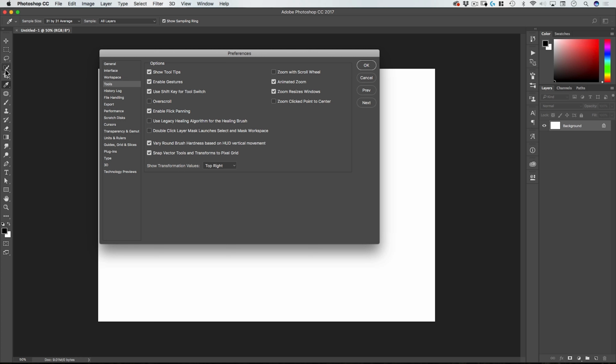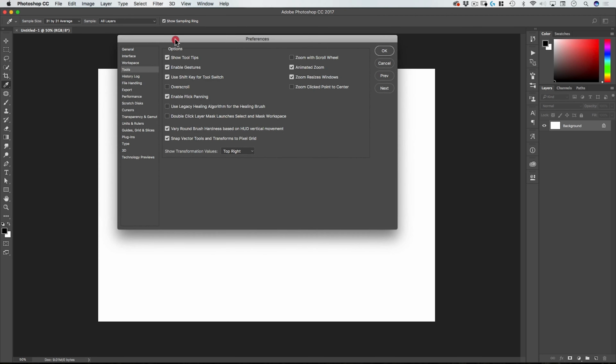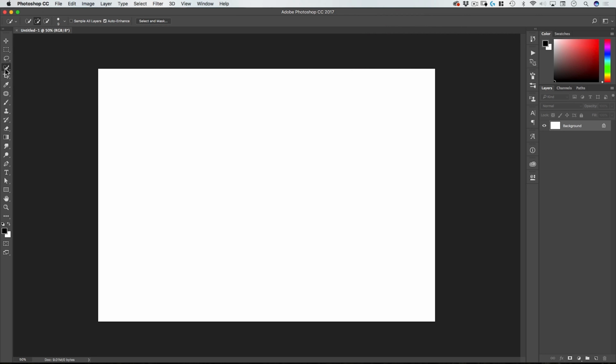Personally, I prefer just hitting one key and scrolling through the tools associated with that single letter shortcut. So I will turn that off. But that's a personal preference. If you prefer to use the Shift key, just turn that on. There you go. Let's hit OK there. Okay, so that's W. This was originally the magic wand, which is why it's W. And they then added the quick selection tool and also gave that the W shortcut.